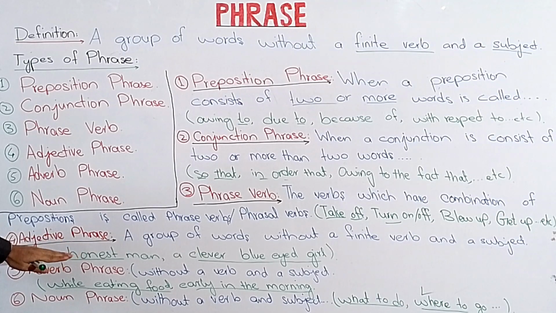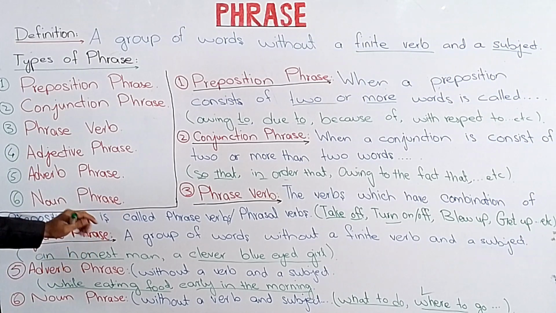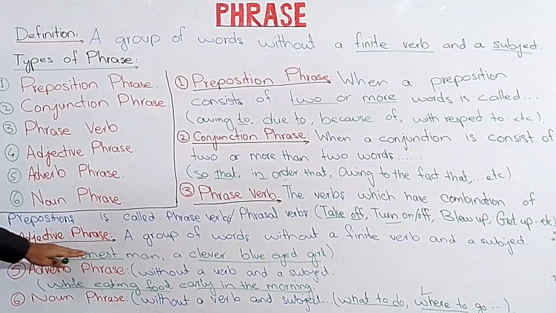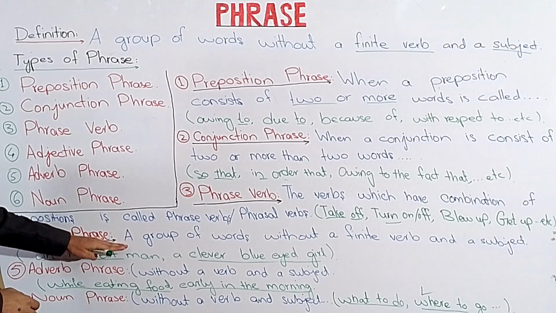Mr. Ali is an honest man, if I say Mr. Ali, who is an honest man, when I use the relative subject, it will become the adjective clause, not a phrase. If I do not use the subject or a verb, like if I just say Mr. Ali is an honest man, so an honest man becomes the adjective phrase